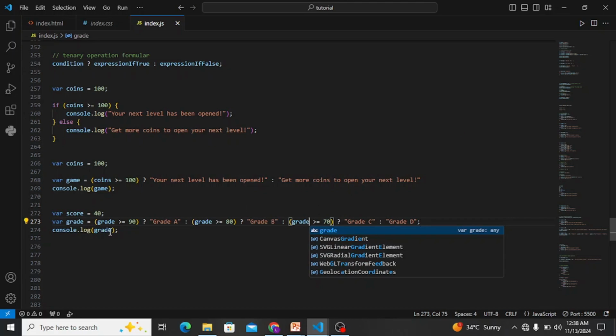That is, if all these conditions are not met, to now give us grade D. And let me explain again. This is what we call a nested ternary operation. Guys, remember that I said, in our previous class, in